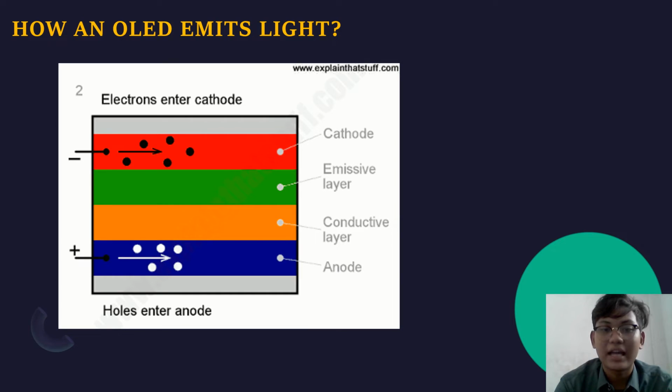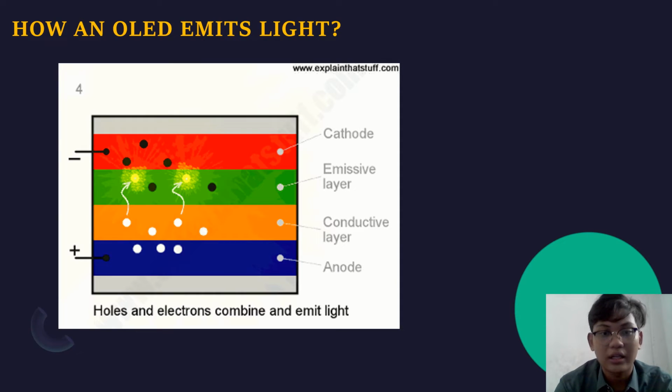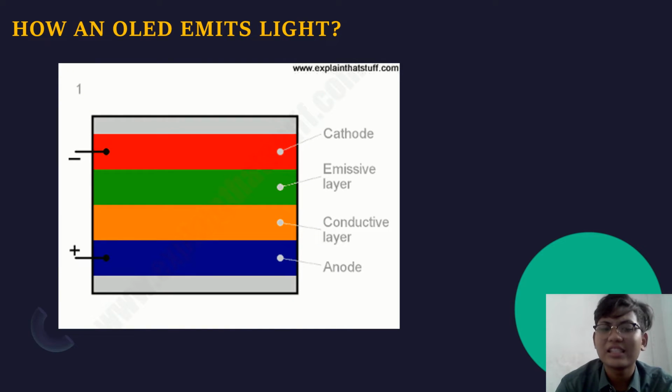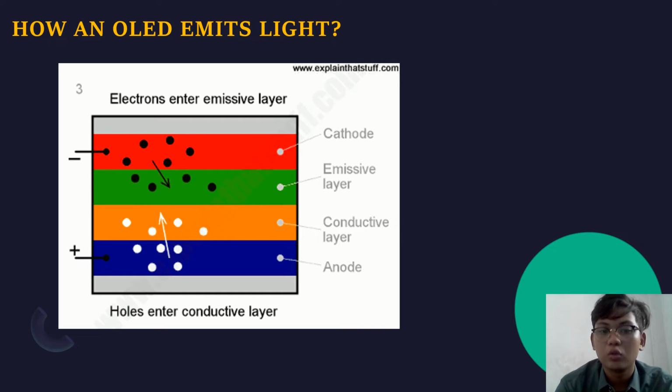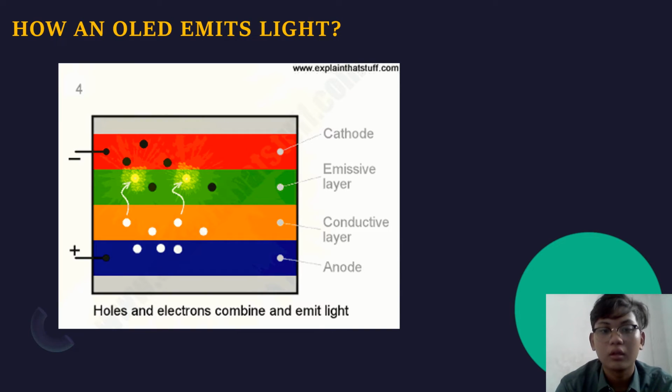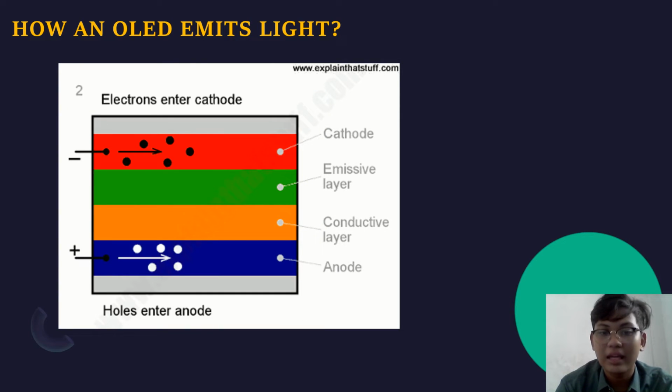How an OLED emits light. Number 1: to make an OLED light up, we simply attach a voltage potential difference across the anode and the cathode. Number 2: as the electricity starts to flow, the cathode receives electrons from the power source and the anode loses them. Number 3: now we have a situation where the added electrons are making the emissive layer negatively charged,